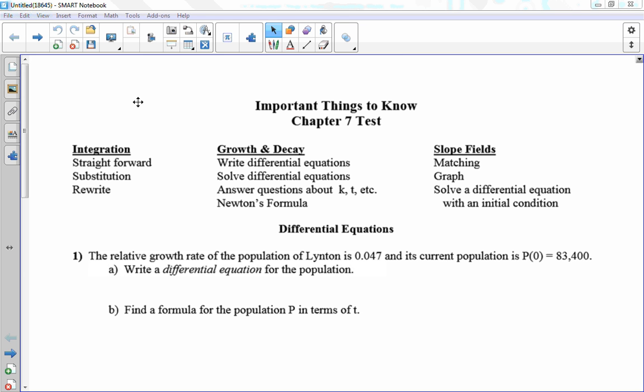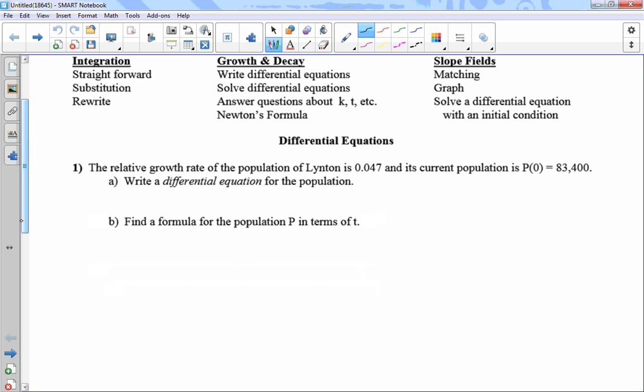What do the derivatives look like? dy/dx, or in this case, we don't have x's and y's, we have population, dP over dt, the population over time. Okay, so our differential equation is dP/dt equals,